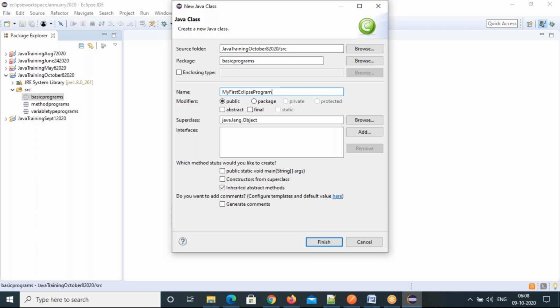If more than one word is there in your class name, every word's first letter you write as a capital letter. See that, my M capital, first F capital, Eclipse E capital, program P capital. Don't provide space also. This is the way to write the class name anywhere. These are the fundamental rules. We have to follow these rules.